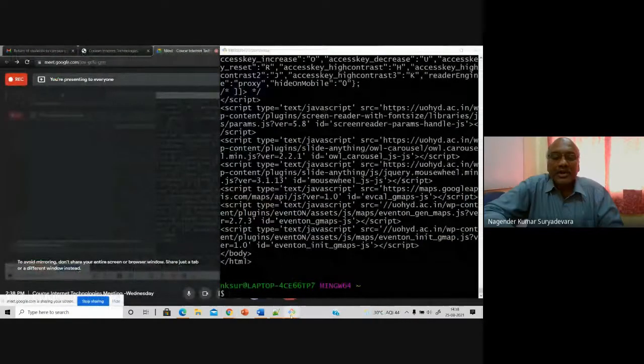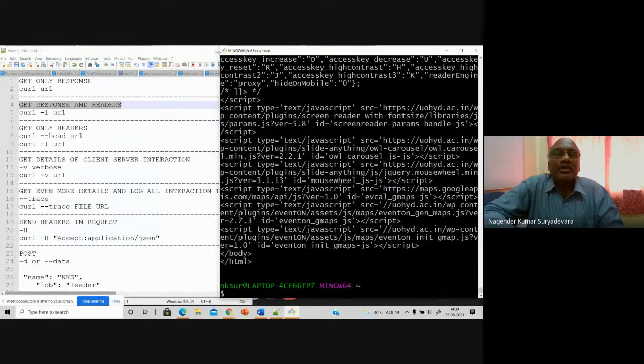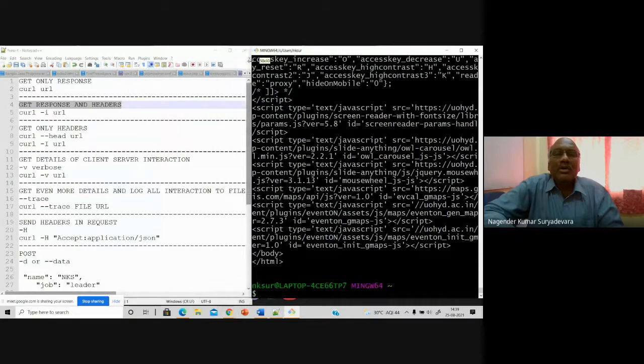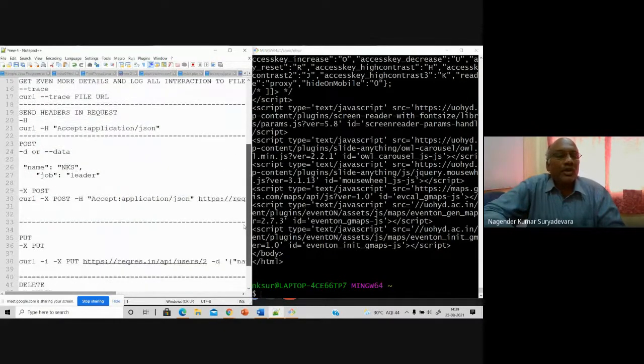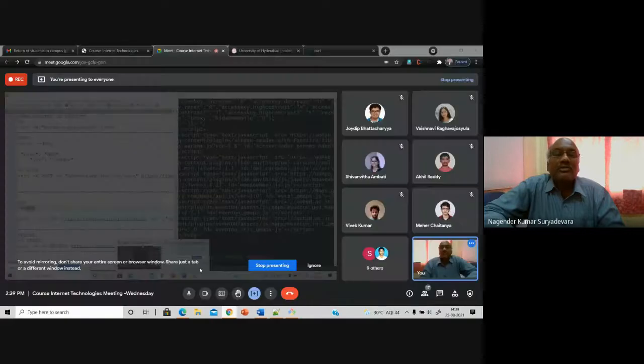Yes, if you are going to add new information onto the web server, to create a new file, then obviously you are going to use the post method. If you are going to change some existing things, then you can use the put method. If you want to delete something, you can delete these things. In order to practice this, I will suggest you to use one server.